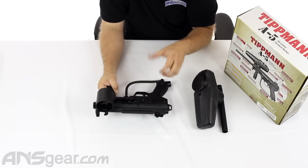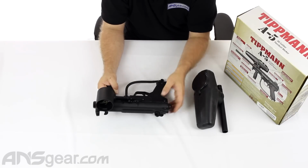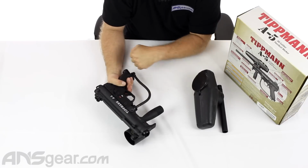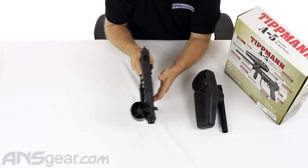But taking the frame off is easy. Taking the back plate off is easy. All these pieces, getting them off to do just basic maintenance is very, very easy. What else we got? Cyclone Feed